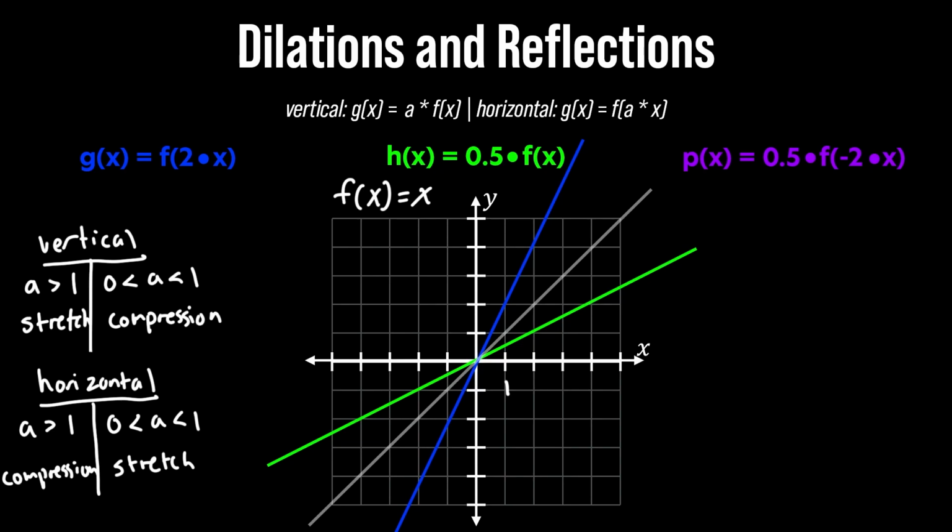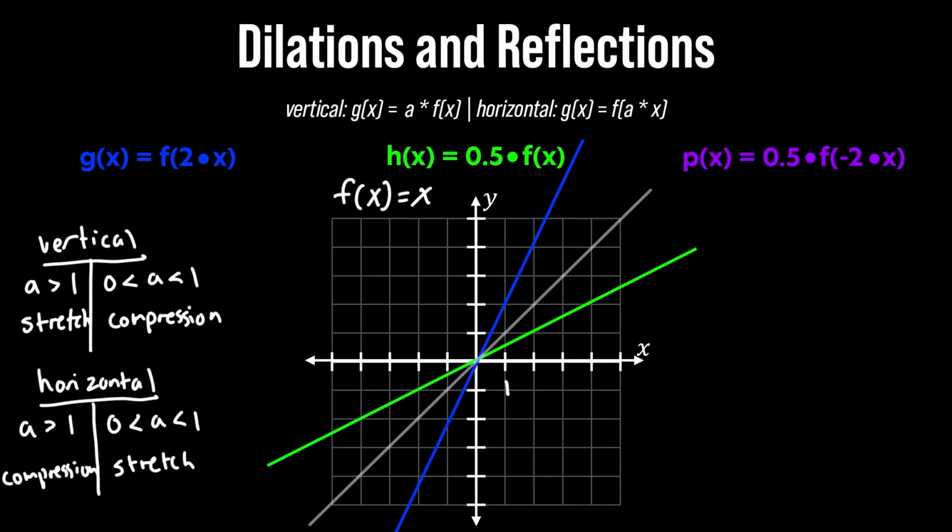How about this last function? p of x is equal to 0.5 times f of negative 2 times x. We see that this is a vertical and horizontal dilation. So on the vertical end, we have 0.5, which means it's going to be compression. On the horizontal end, we also have a compression, if the 2 was a negative. Now, one thing to note about both vertical and horizontal dilations is that if there's a negative number involved, the graph is going to be